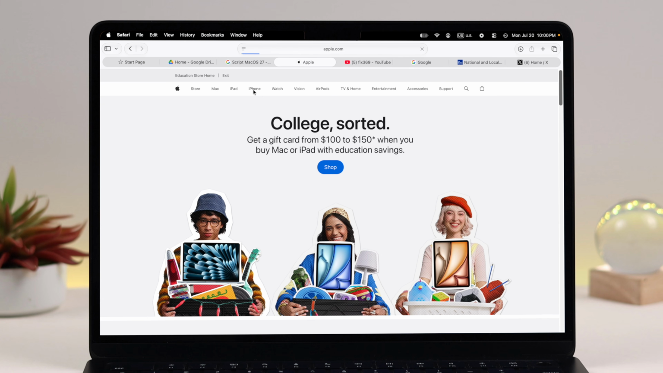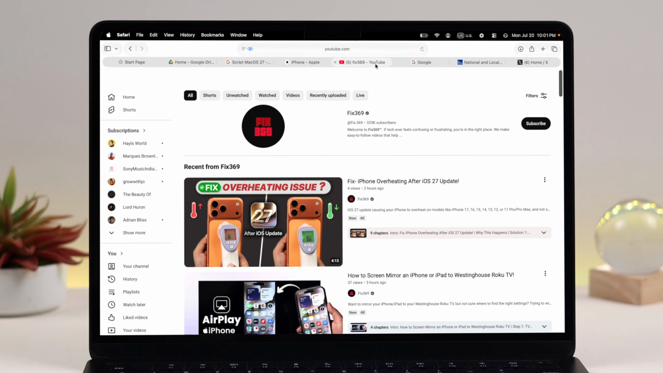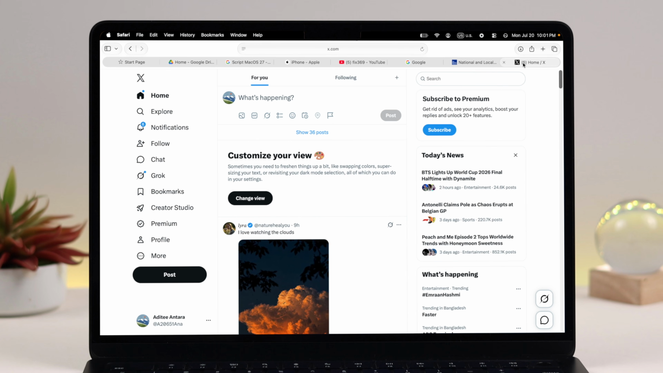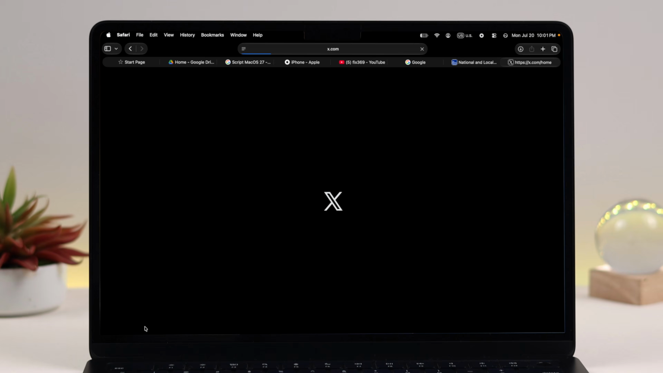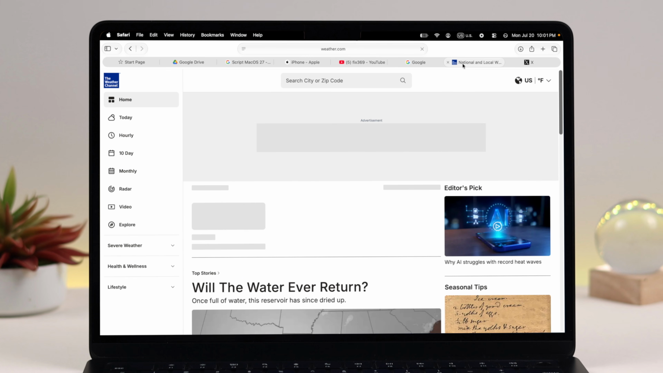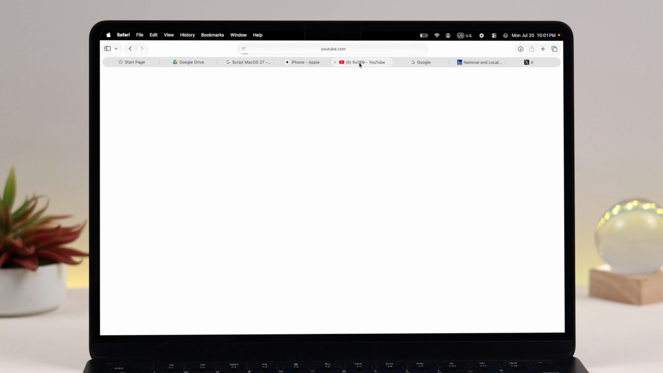Now, since we're talking about browsers, let's move over to Safari. If you work with multiple tabs or confidential, sensitive websites, every time you reopen, Safari will show up with all those windows. It doesn't matter if you quit or force quit it. Now, this can be helpful, don't get me wrong, but in public, it can also be a little awkward or